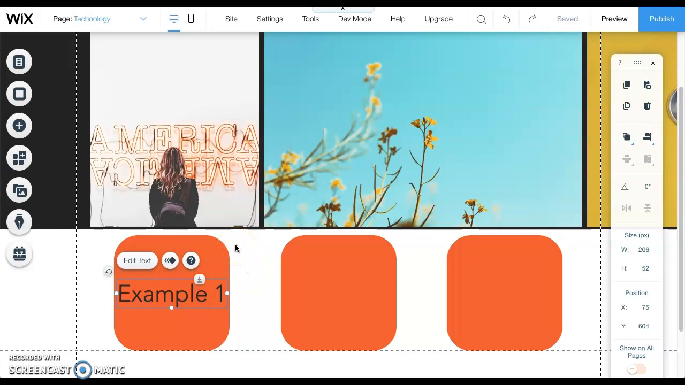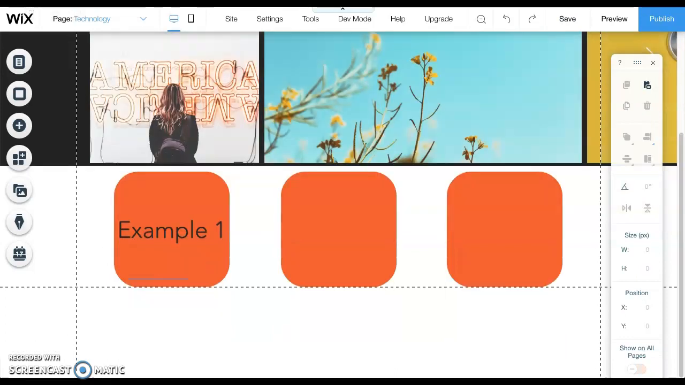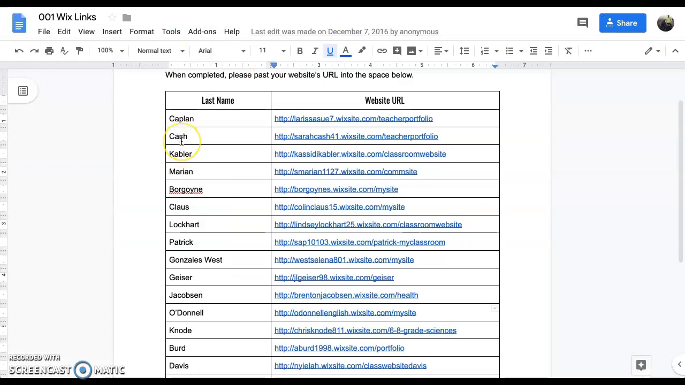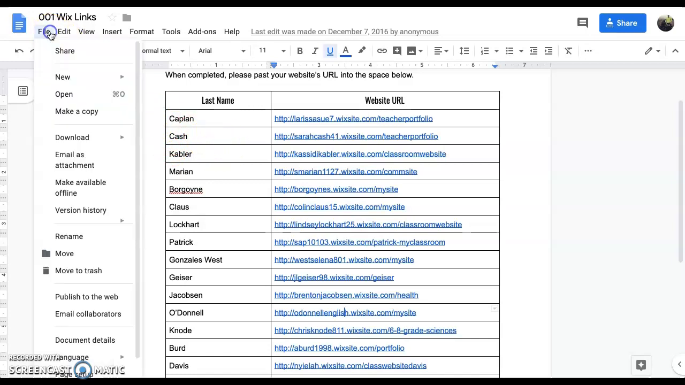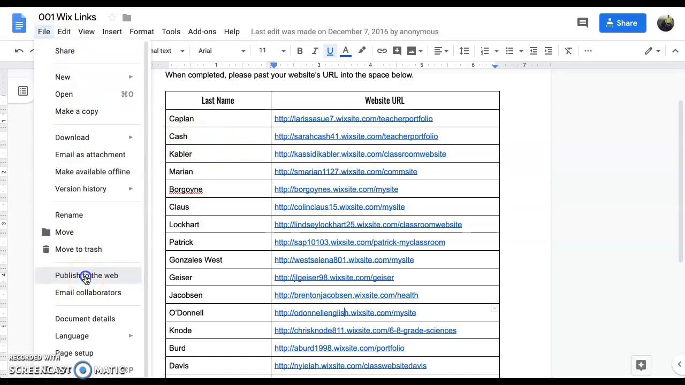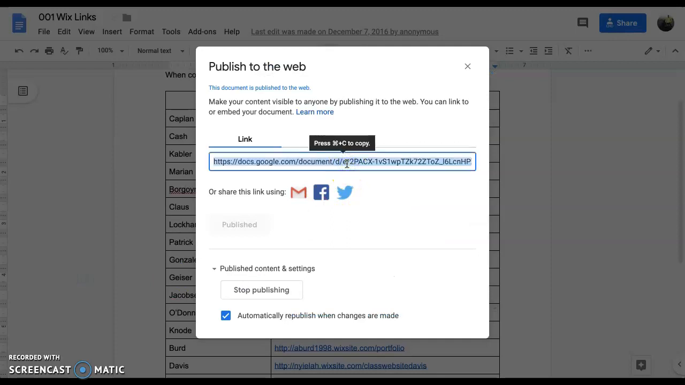Now that we're on the technology page, one last thing I wanted to show you was how to embed or insert items from your Google Drive directly onto your Wix page. So now we're going to look at inserting images from our Google Drive. Here is a former class that I had that did this exercise with an ePortfolio. So to insert a Google Doc, you simply go to File, Publish to the Web, and then you will copy